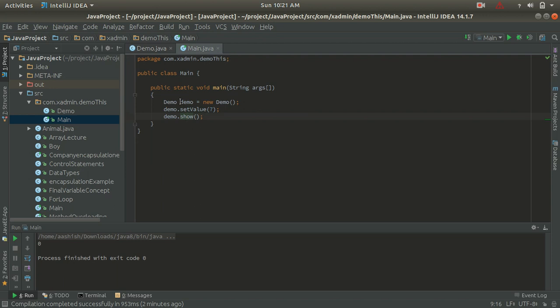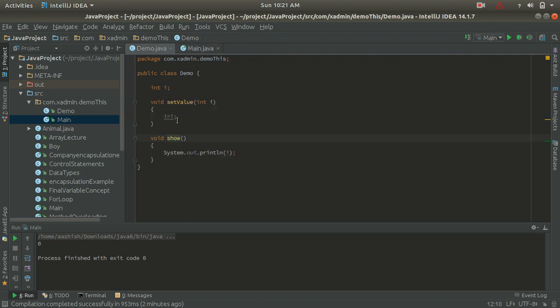So the problem is that the local variable is also I and the instance variable is also I. If I put the local variable to the instance variable, the value will go to the local variable, not to the instance variable. So it will print the instance variable default value, which is 0 as it is an integer. We are not storing any value to the instance variable.